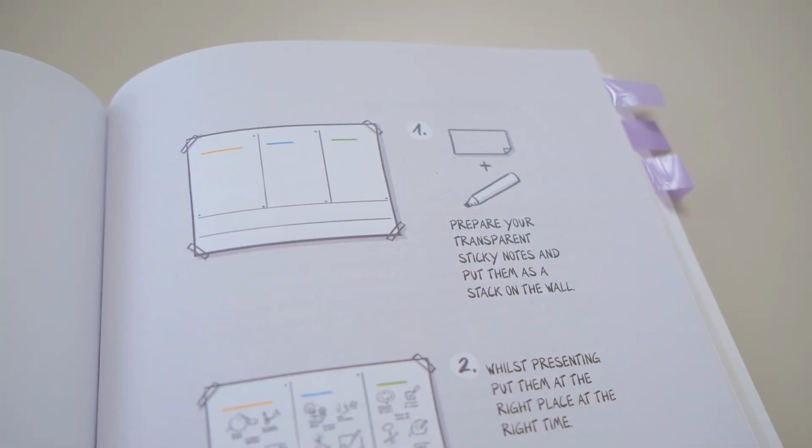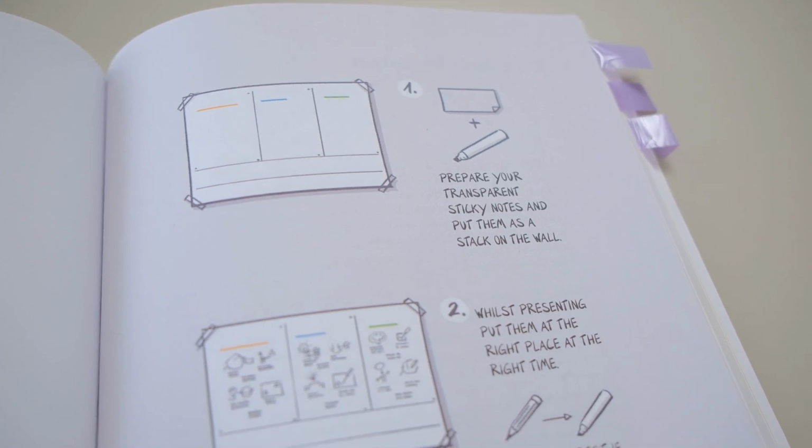And I have used this a couple of times. It's so fun to use, and it's a big crowd pleaser because people find it so interesting. They have never seen transparent sticky notes, that I can tell you for sure. So while Holger's book is all about visual thinking, which is something that can boost and improve your sessions, there